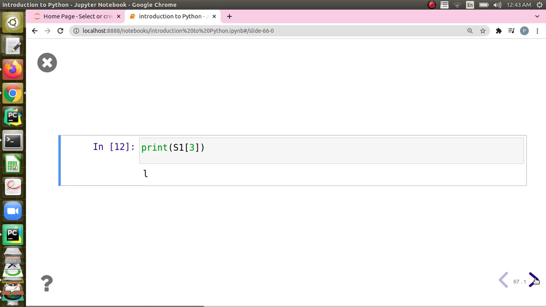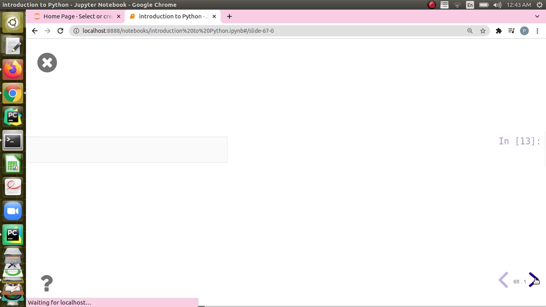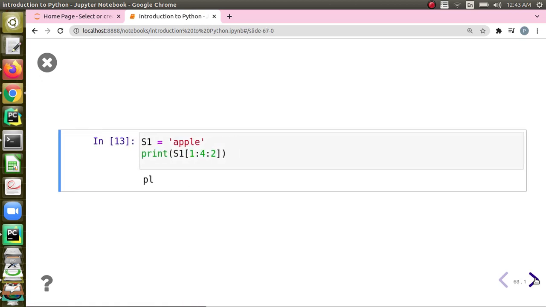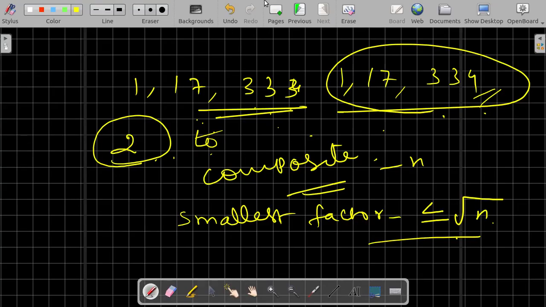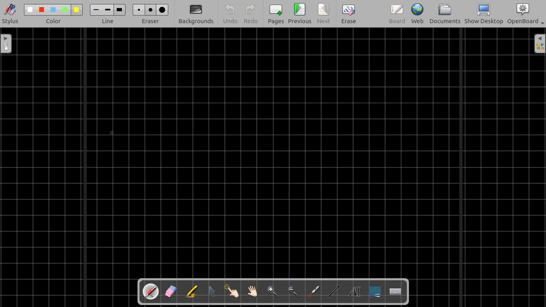And indexing, as we know, A is having the index as 0. This is the fourth character, PPL. So L will be the fourth character. And next important thing is about slicing. So what is meant by slicing is, it is like a cake slice. When you want to cut a cake, you need 2 points to cut it, similar to that, right? So index is from 0 to 4 for Apple.